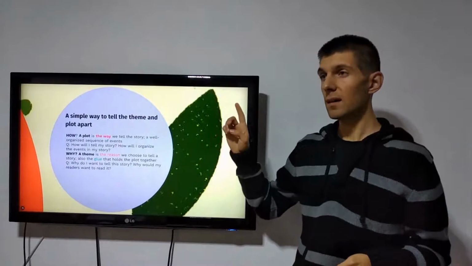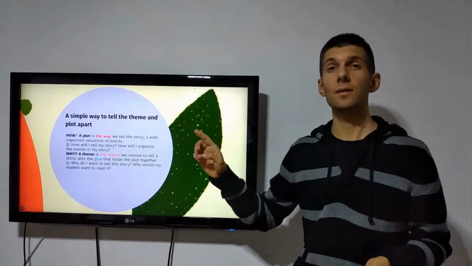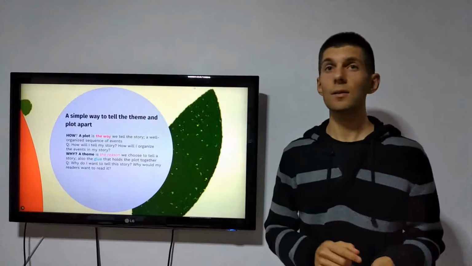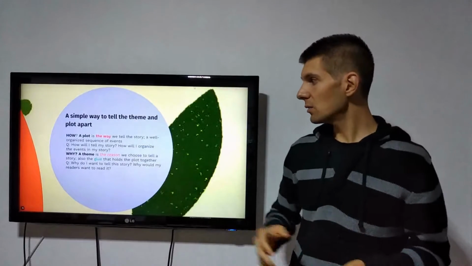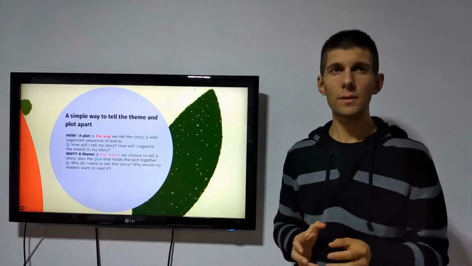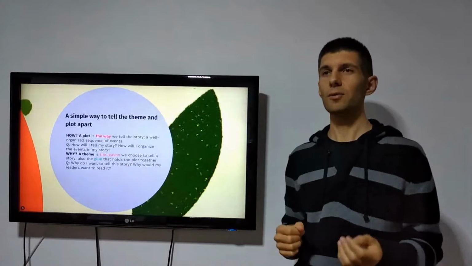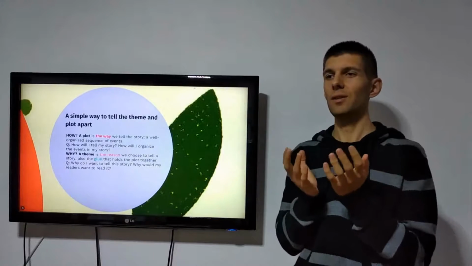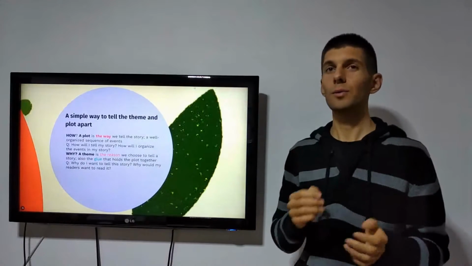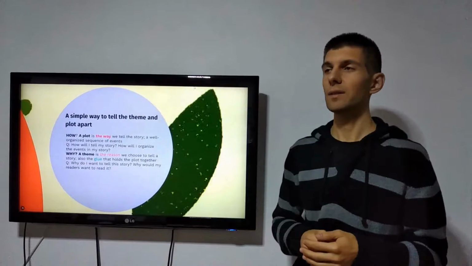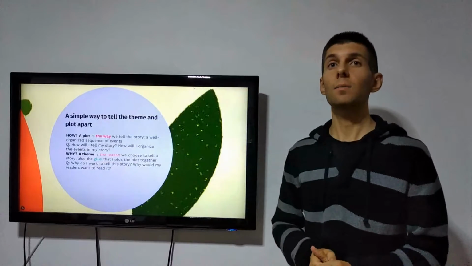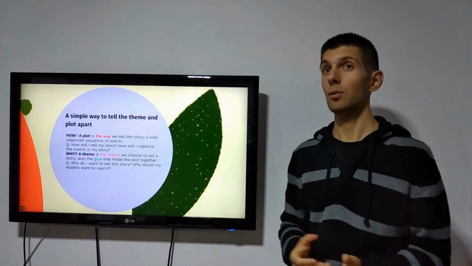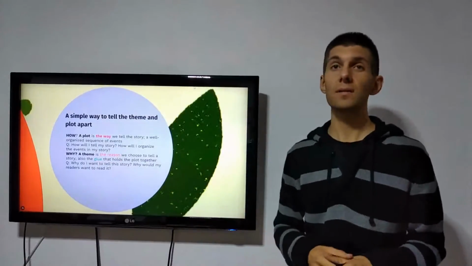But a theme is a little bit different. It answers a different question. That is why. A theme is the reason why you want to tell the story. It's also like a glue that holds the story together, and also glues the reader and the writer to write or read the story. So when it comes to plot, it's about how we write a story, and when it comes to theme, it's why, the reason behind it.